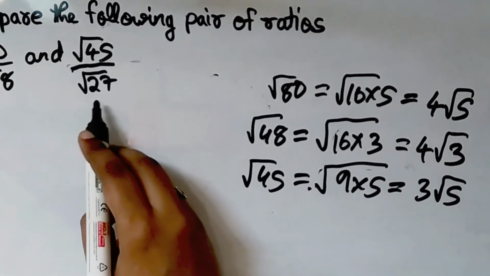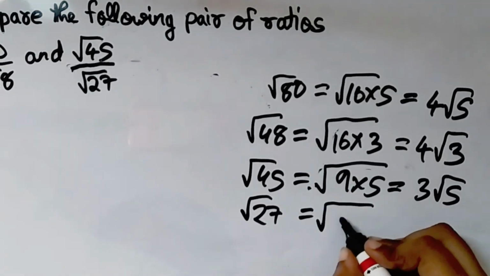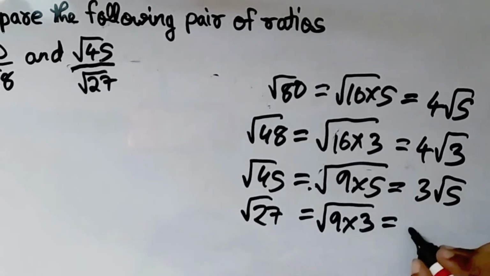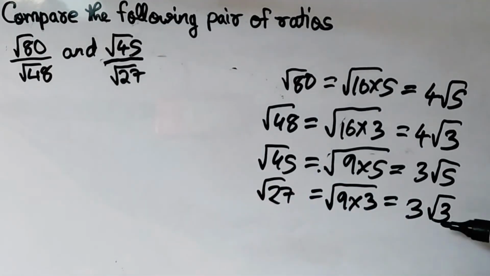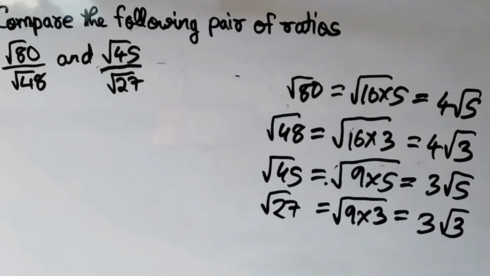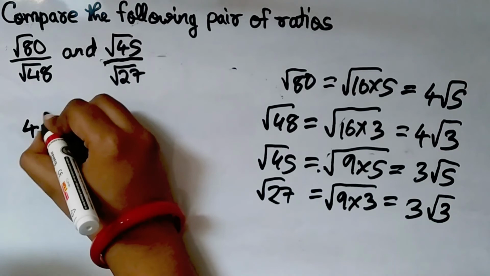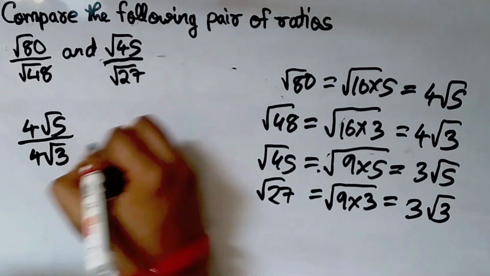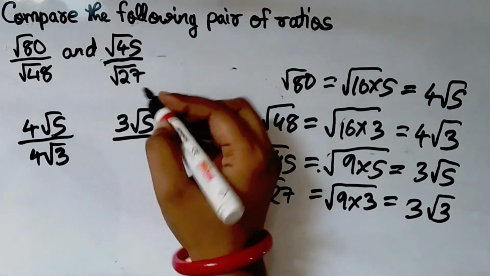And finally root 27 will be square root of 9 into 3, which is 3 root 3. We have simplified all the surds. Now we will substitute these values in the ratios. So root 80 is 4 root 5 upon root 48, which is 4 root 3. And here root 45 is 3 root 5 upon root 27, which is